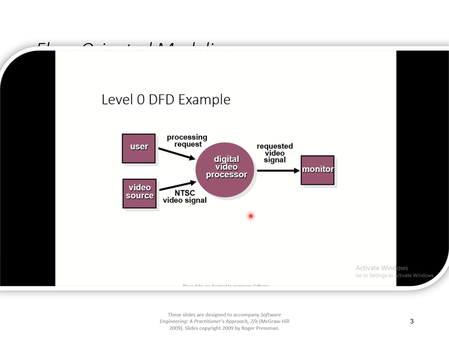This is the highest level of abstraction, and when you move towards other levels, you need to do the functional decomposition of the central unit. That is, you need to further divide this process into sub-processes, indicating the further precision or the details required to go towards this output value.